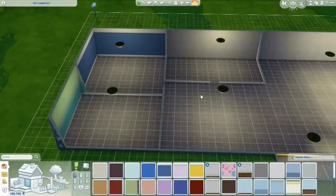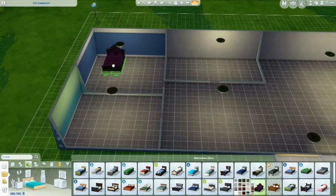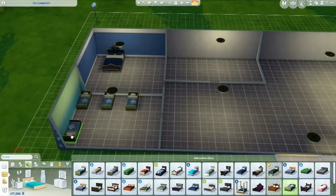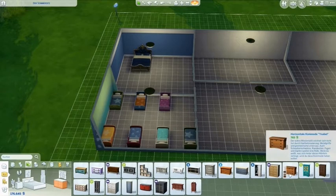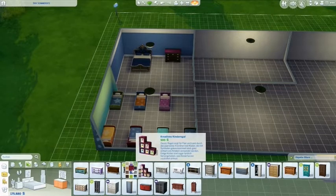And here this left one, the first one, is the sleeping room for the toddlers, and the other one is the sleeping room for the mommy. And I bought the most expensive bed for mommy with the best sleeping efficiency. So